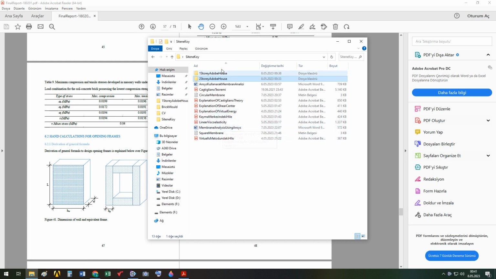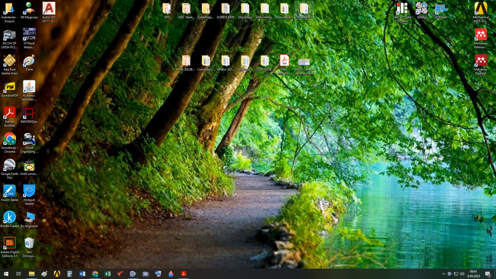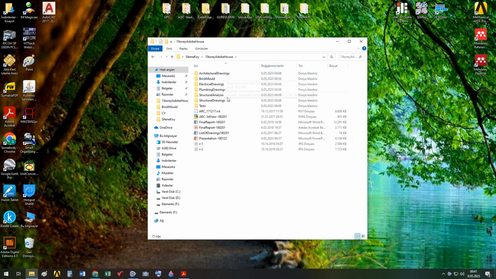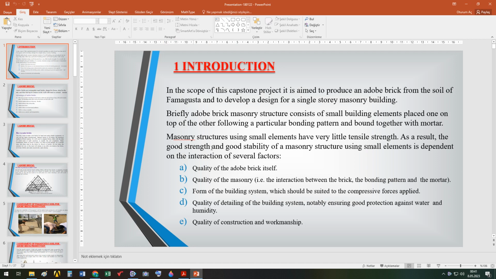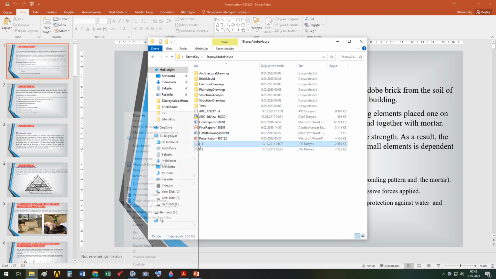In this video, I will show an adobe house representation. But first of all, this is an adobe house which can be built by modified bricks. I will explain how the modified bricks can be produced, their test results. We have also